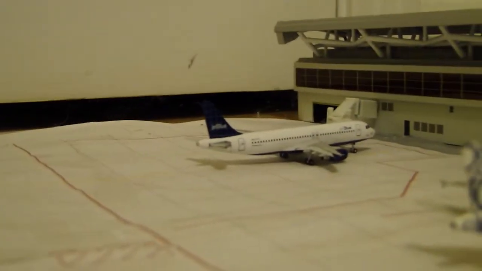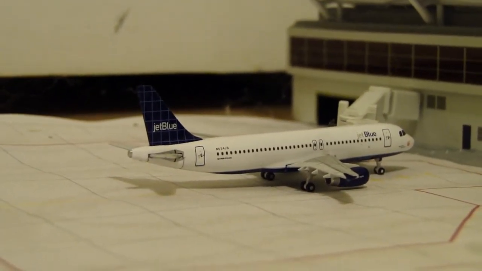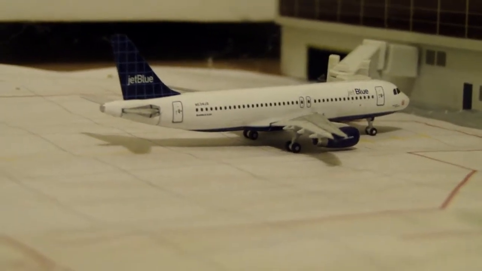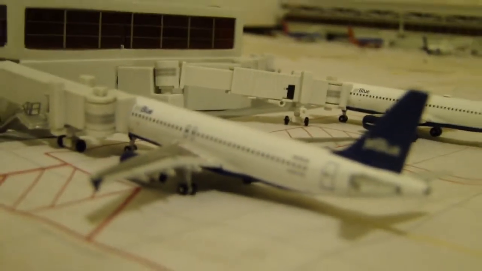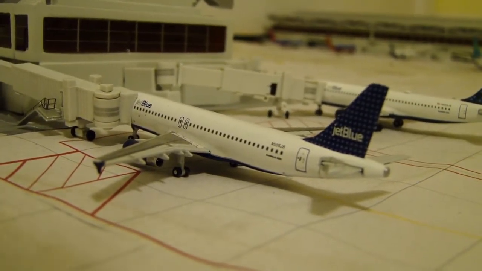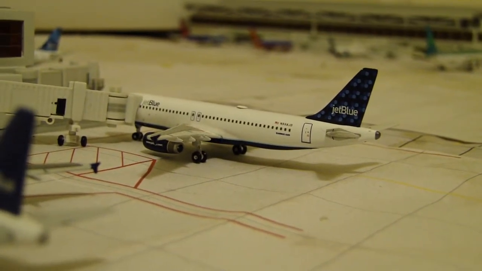We will head over to the C terminal now, the JetBlue heaven. I love that part. We have a Window Pane A320. He came in from San Diego tonight, and he's going to be overnighting. After that, we have a 10th anniversary A320. He came in from Fort Lauderdale. Again, an overnighter. Over here, we have 2 late night departures out to Florida. The Dots A320 is going to be heading out to Orlando, and the Bubbles A320 is going to be heading out to